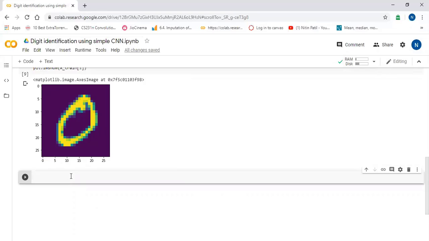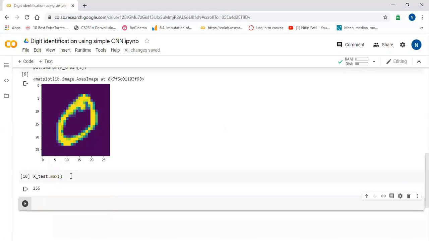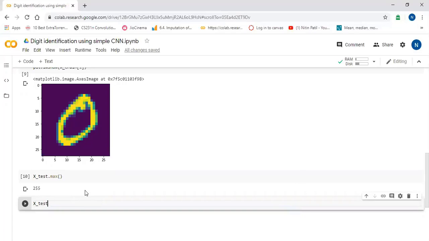But before training, we will just normalize this data. So to normalize this data, I will check first x_test.max(). Now you can see the maximum value we have is 255. So we will first normalize this data: x_test divided by 255.0.